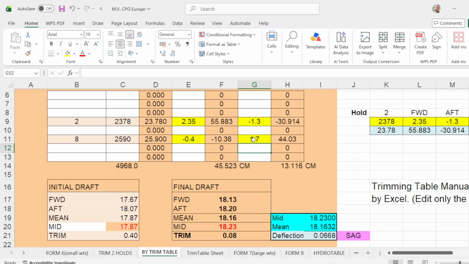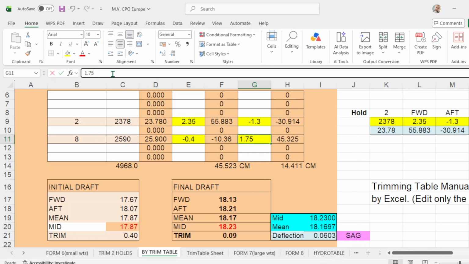So we make it, undo. We make it 1.75, example. 21, 1.78.